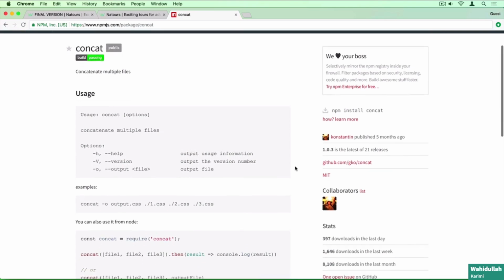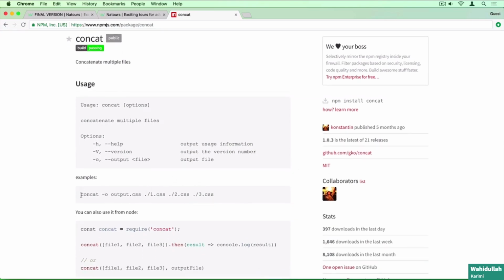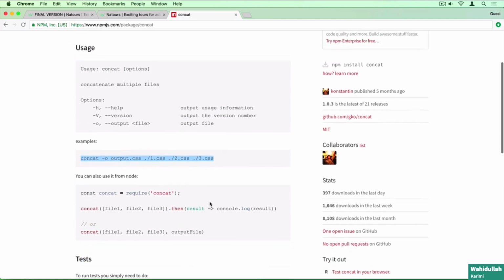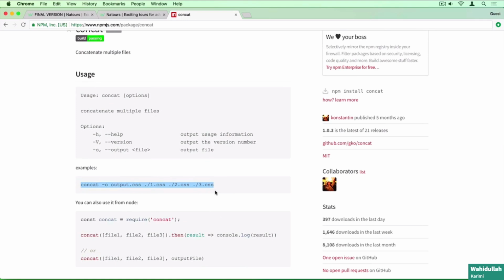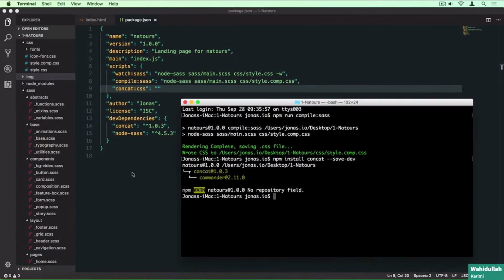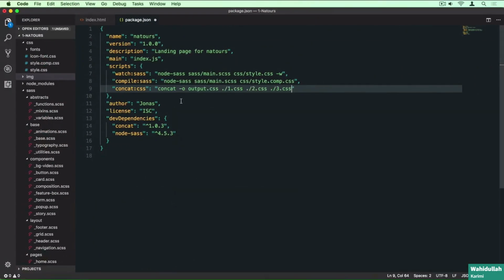So down here you have an example. And so this here is how you use the concat package in the terminal. You could also use it from Node.js directly like this, but we're interested in the command line basically. So let's just copy this to make it easier for us, and then we can paste it here. So O here stands for output. And so here we can put the name of the output file that we want. And we want it to be in the CSS folder and called